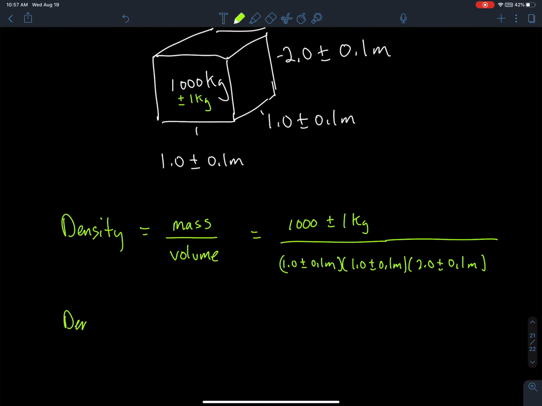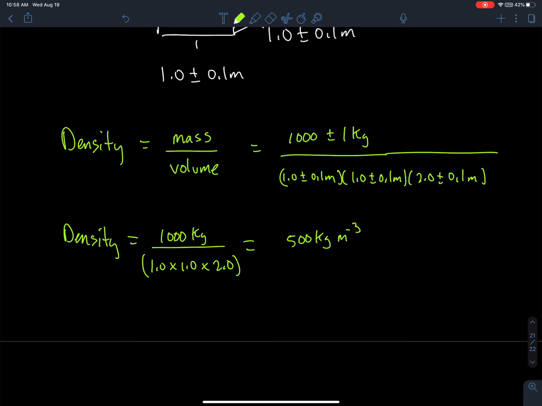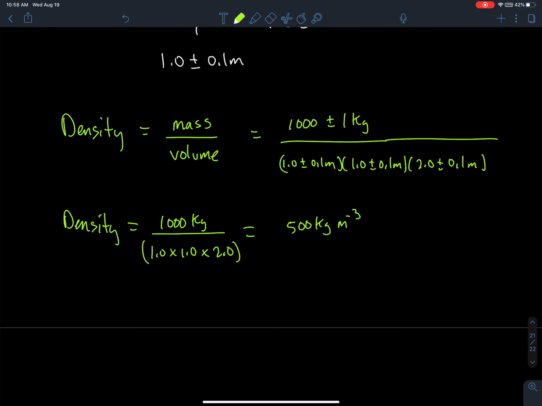Okay, so then density is equal to 1,000 kilograms divided by 1 times 1 times 2. Okay, so that's going to give me 500 kilograms per meter cubed. That's the density. So 1,000 divided by 2 meters cubed is going to give me the density. Okay, then if I want to find the uncertainty,